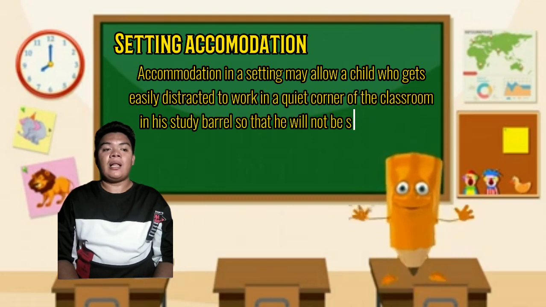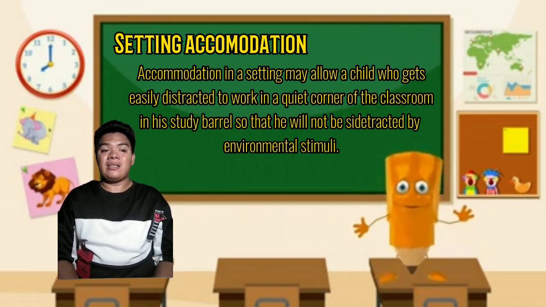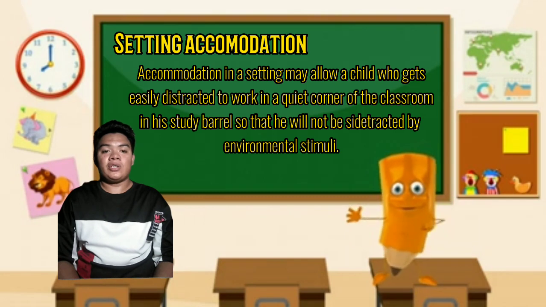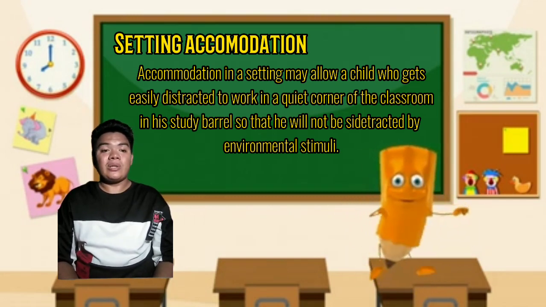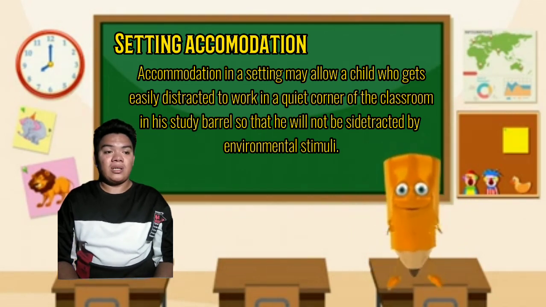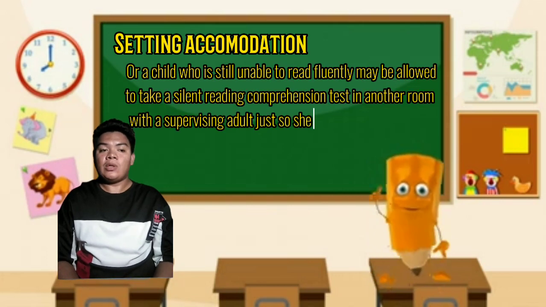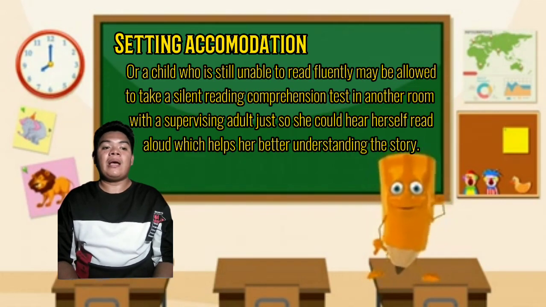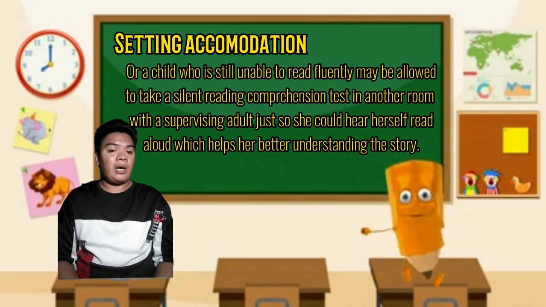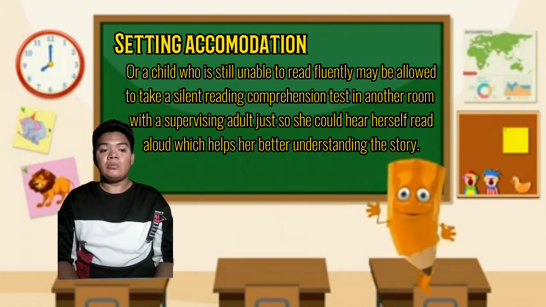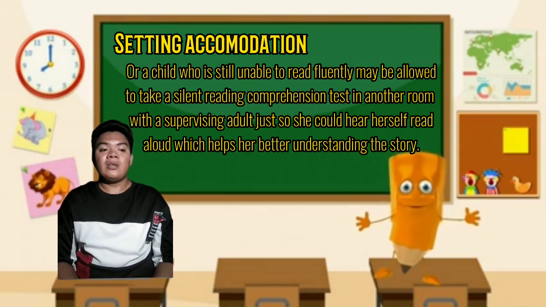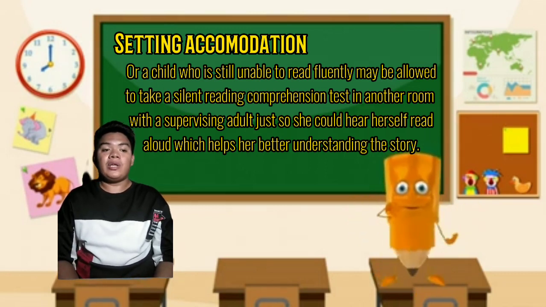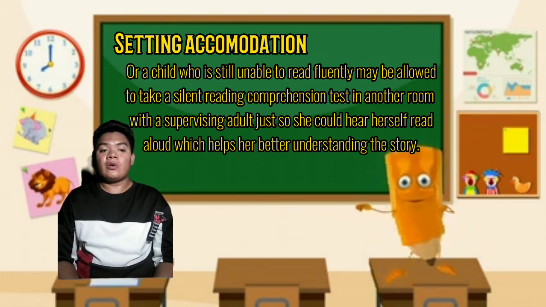Accommodation in a setting may allow a child who gets easily distracted to work in a quiet corner of the classroom in his own study carrel so that he will not be sidetracked by environmental stimuli, or a child who is still unable to read fluently may be allowed to take a silent reading comprehension test in another room with a supervising adult just so she or he could hear herself or himself read aloud, which helps her or his